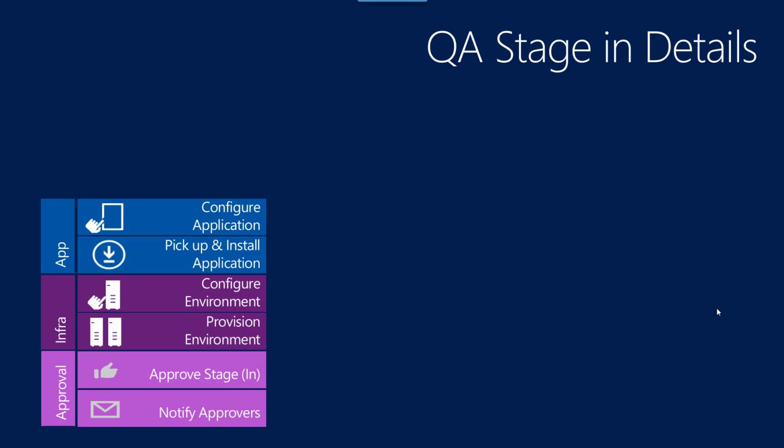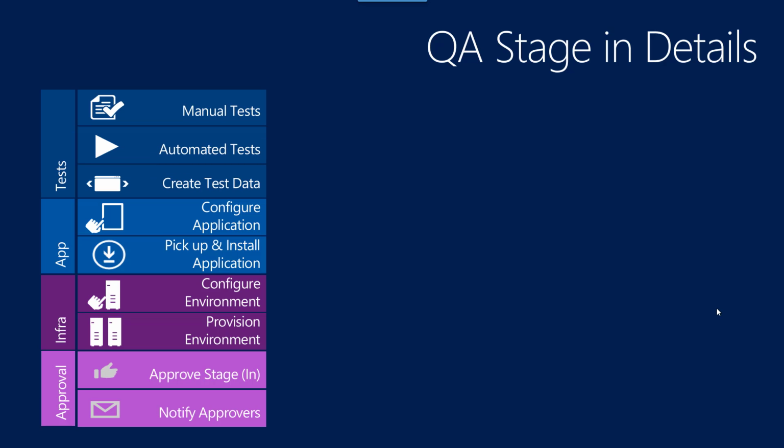Once it's completed, then comes the post configuration for the application. Maybe we need to create some data, lookup data, all this kind of thing that is needed for the application. Once this is completed, the release management will start creating the testing data, because to run an automated UI test, you will need data. For example, if you want to test that the registration is successful, then you need to have a username, a password, and an email so you can try that with different scenarios. So the first step in running the automated test is creating the test data, then running the automated test.